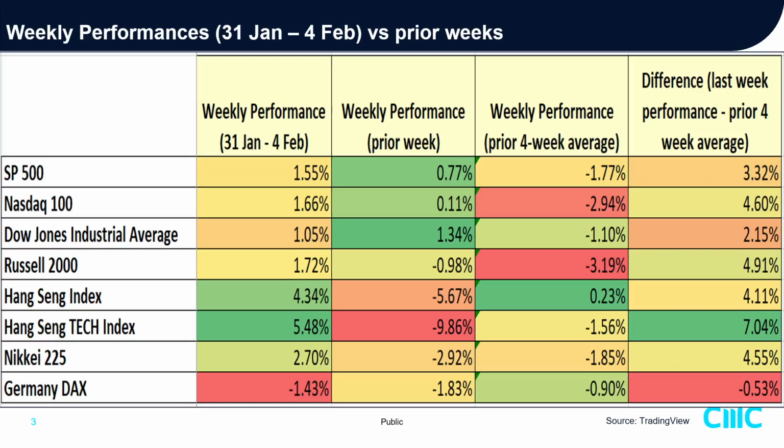So they only came back in the later part of the week. All right. So Hang Seng Index, what's important here is they managed to post a positive return, which also gives us what we call a positive rate of change. If we take into account last week's performance, 4.34% for the Hang Seng Index and 5.48% for the Hang Seng Tech Index, a stark contrast with the prior week's performance, that has given us a positive rate of change by comparing last week's performance with